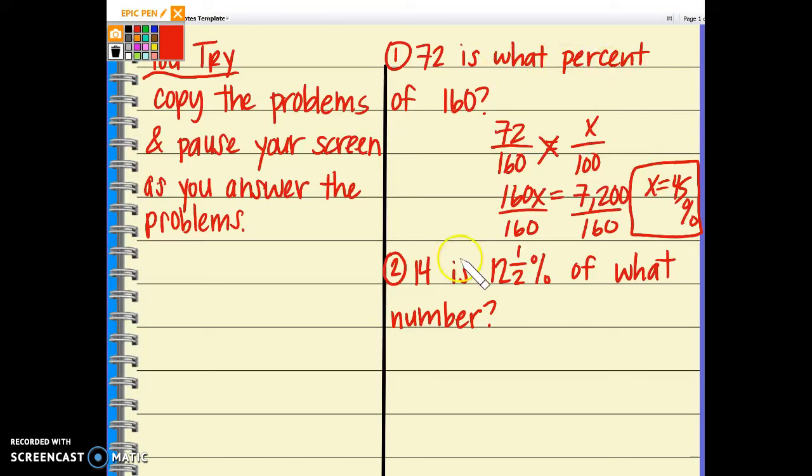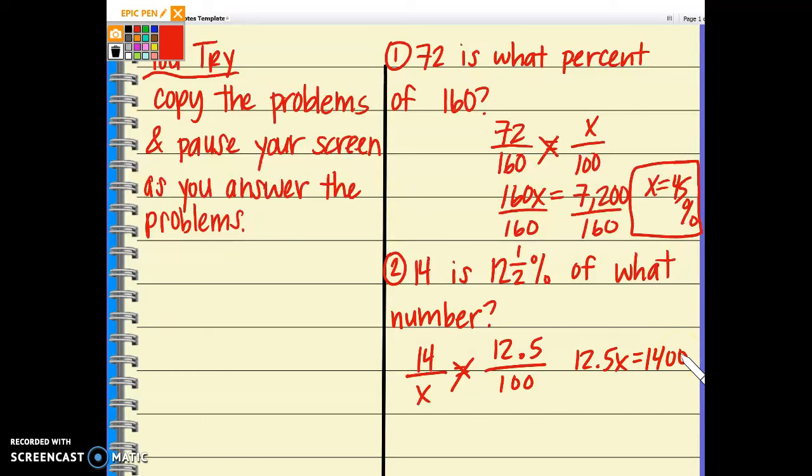Number 2, 14 is 12.5% of what number? So we have the part, which is 14. We are solving for the whole, the "of" this time, put the x in the denominator. 12.5%, that'd be 12.5 over 100. Cross multiply, we get 12.5x equals